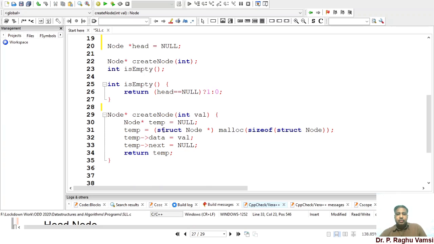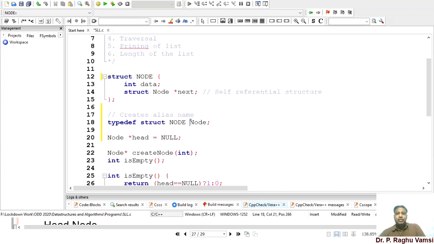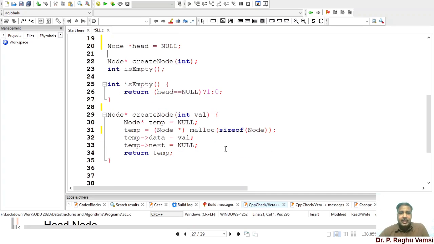Since we have created a type alias name, we no need to write struct node and all. Simply you can use sizeof NODE, because wherever struct node is there you can use NODE. So this is the way I can avoid repeating struct node. Okay, so this is the way I have created it.